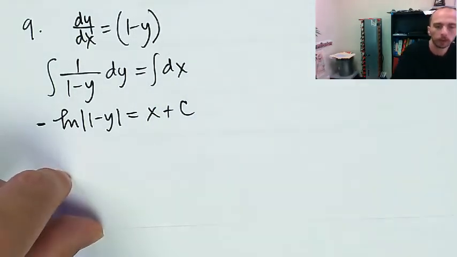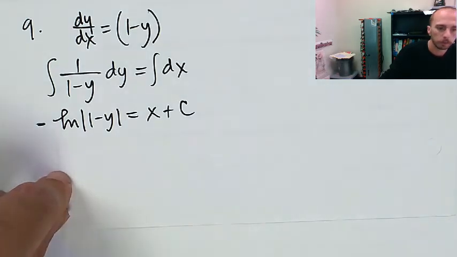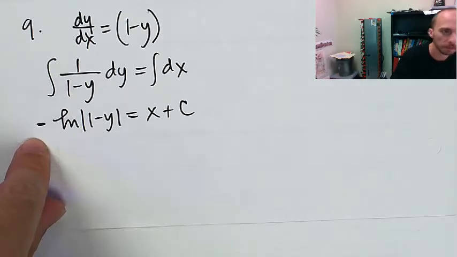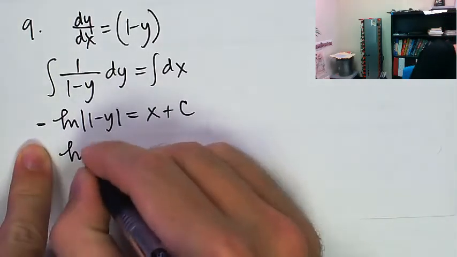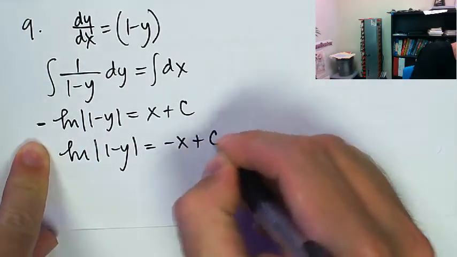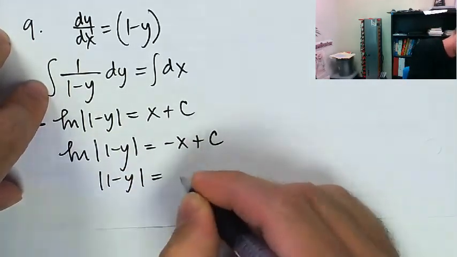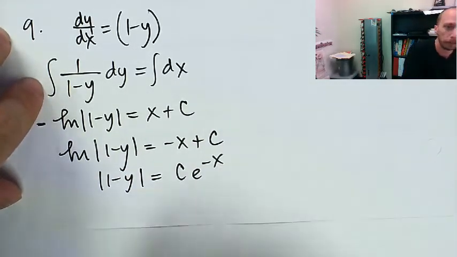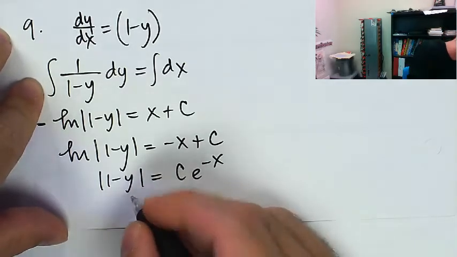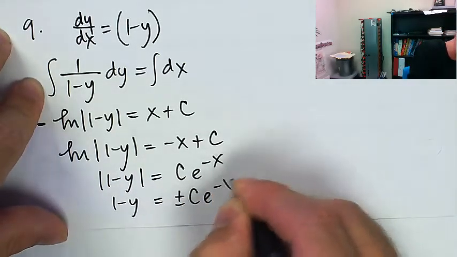All right, and then after that, what am I going to do? I think I'm going to deal with the negativity first. So negative x plus c. Take e to both sides power. Uh-oh, running out of room. So I'm going to say 1 minus y equals plus or minus c e to the negative x,